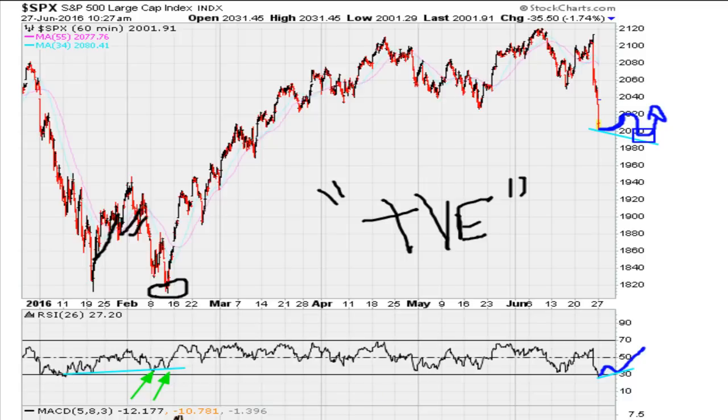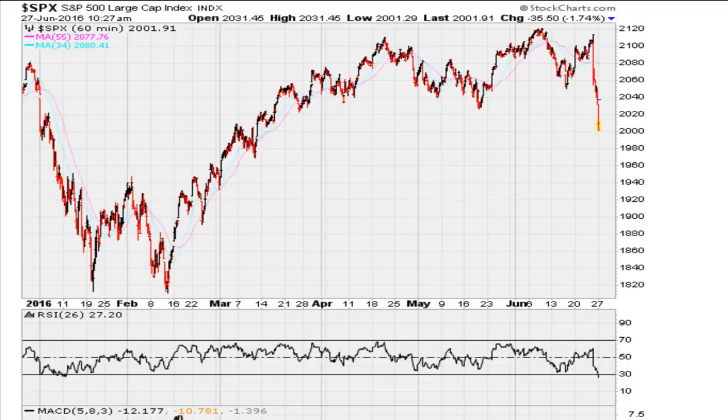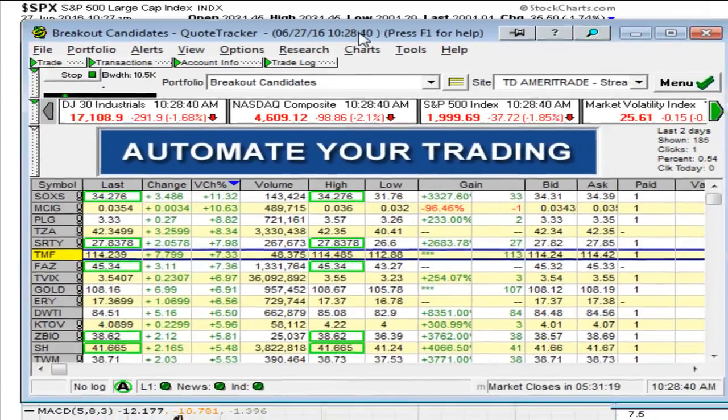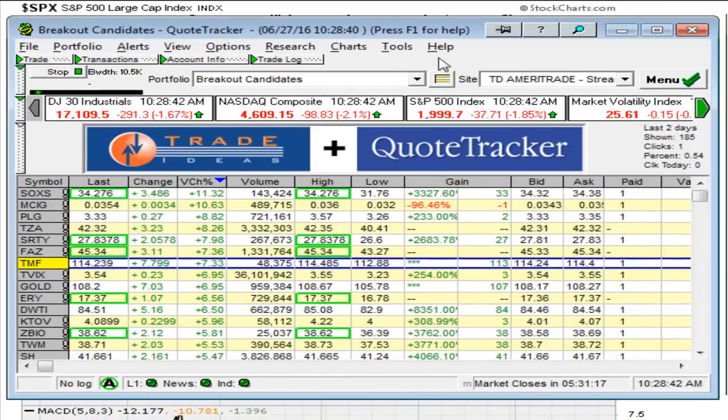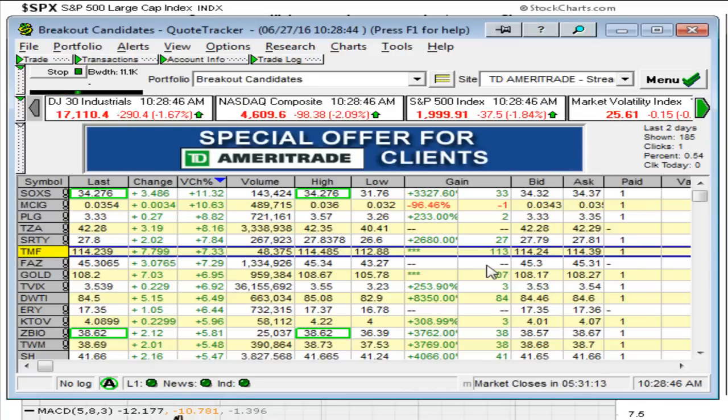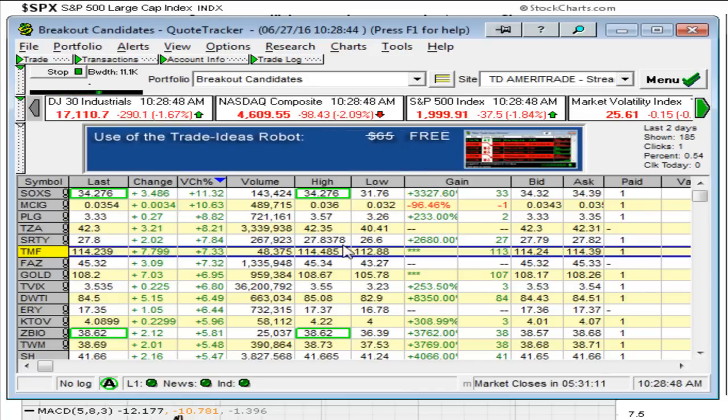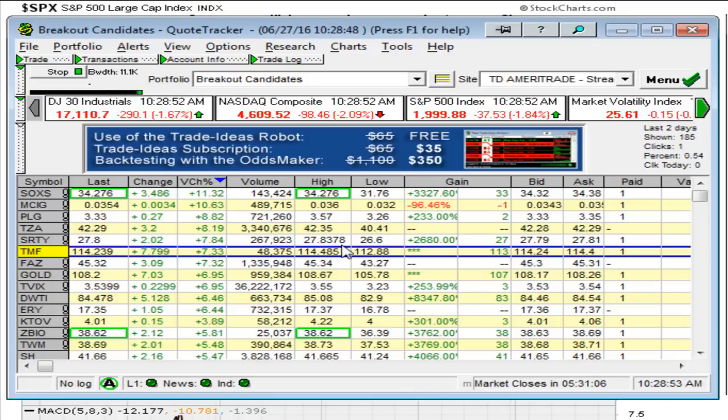For now, we haven't seen positive divergence. The best thing to do is just sit on your hands until the market at some point shows you that buy signal. Otherwise, right now we can start looking for opportunity, because the VIX itself and other volatility instruments, like we discussed in this video, are not showing that much strength. And as long as they show resistance,